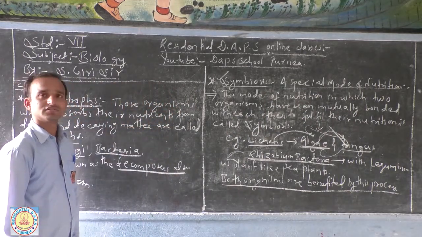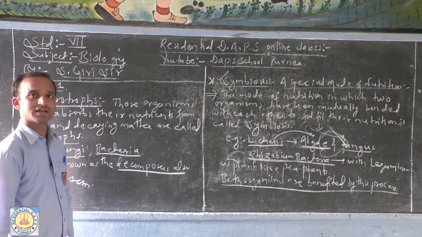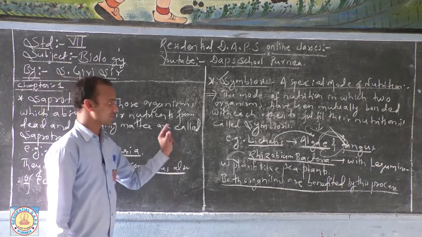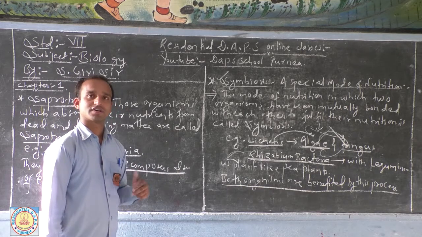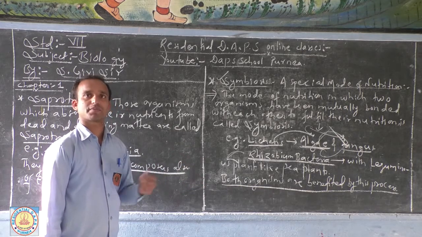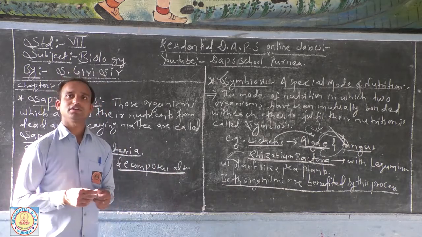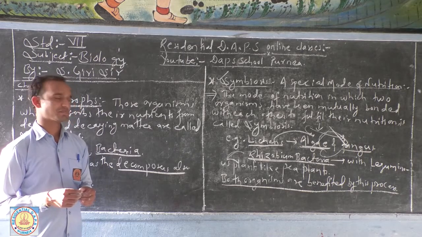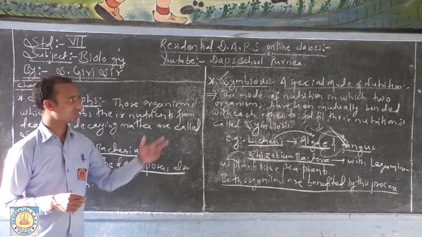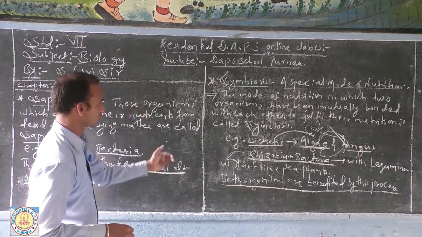You can define as a conclusion, symbiosis or the symbiotic mode of nutrition is such a mode of nutrition in which two organisms mutually help each other for some purpose, exactly for the food purpose, and after getting the food, the food is equally divided between both, so that both keep on living. So, this is all about symbiosis, dear students. I hope you will note down in your copies.